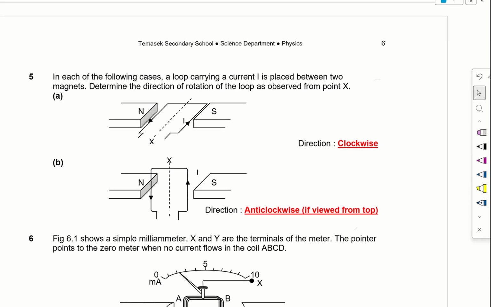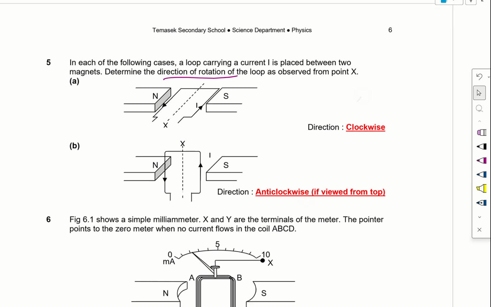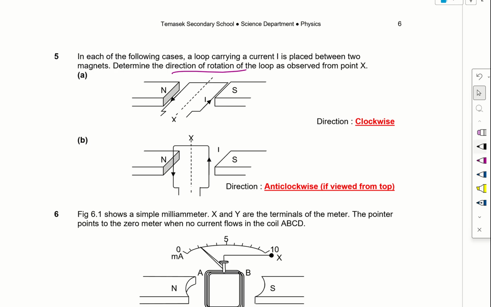Okay, question 5. In each of the following cases, determine the direction of rotation. This is where we apply Fleming's left hand rule. I would like to convert it into a 2D diagram again. So this is a dot, this is a cross. Whenever I convert it into 2D, I find it easier to apply my Fleming's left hand rule. North, south, so this is down, this is up,